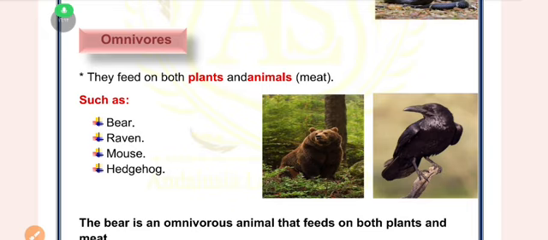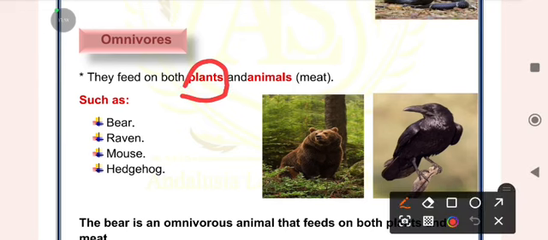The third type of consumers is omnivores. Omnivores are animals that feed on both plants and animals. So herbivores eat plants only, carnivores eat meat only or animals only, and omnivores eat both plants and animals, like bears, ravens,